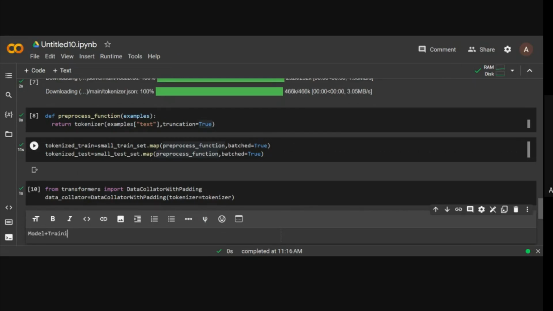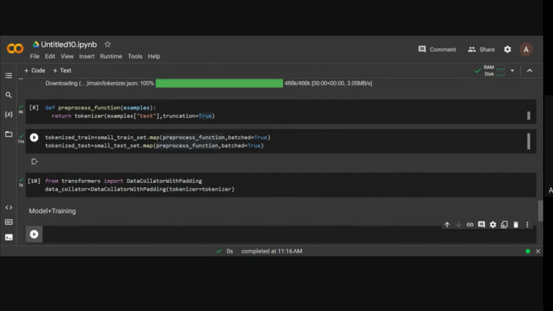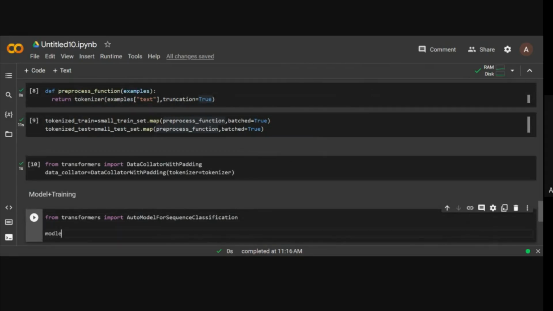Model plus training. Right? So we'll be using a pre-trained model because transformers are pretty large, and we don't really have the dataset capability or computational capability to be able to train one from scratch. There are mobile versions of transformers available now. Something like mobile vision transformers are getting decently popular now, but even those are pretty hefty to train. They're not as straightforward in terms of training processes